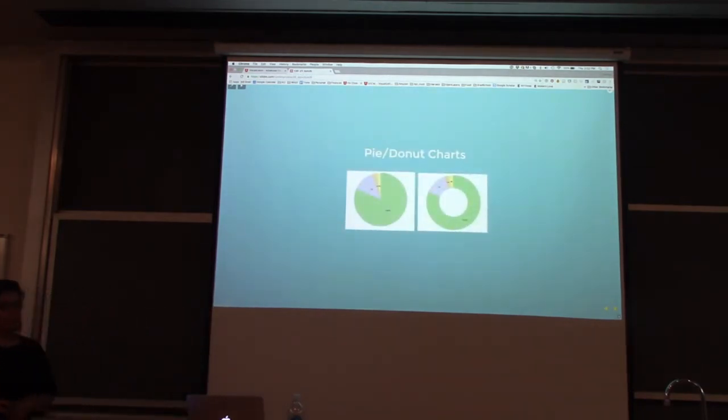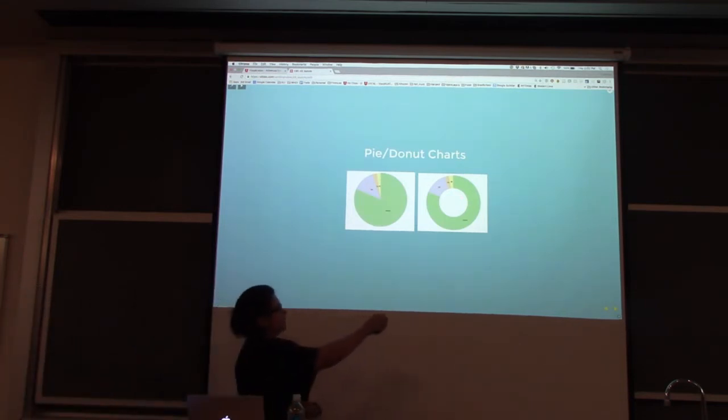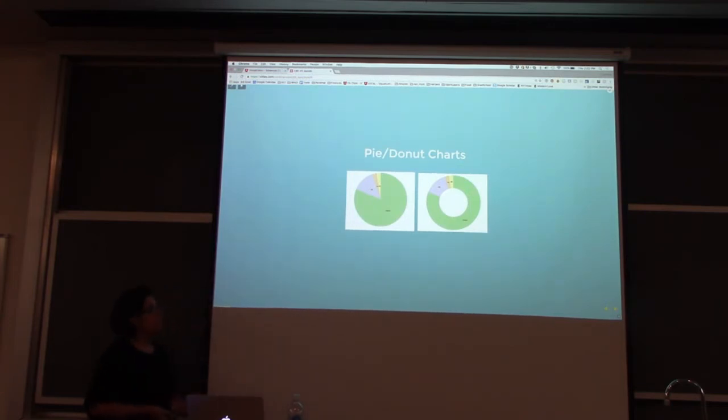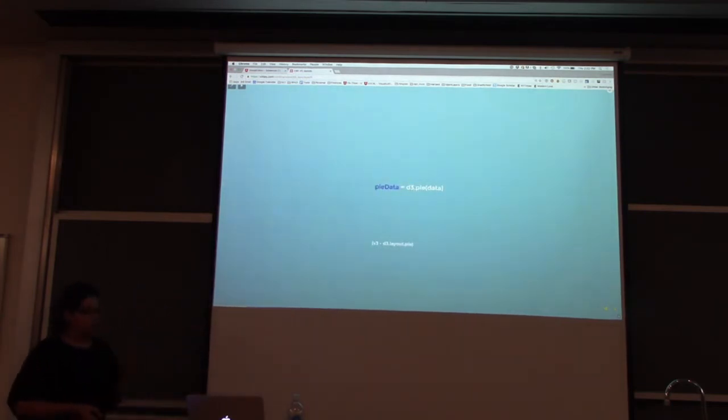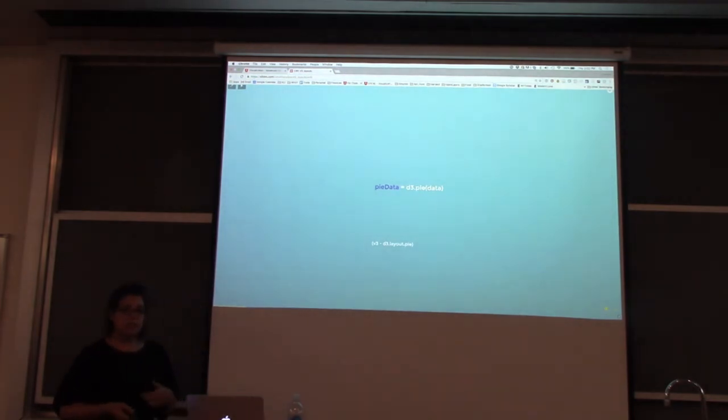So no good Viz class doesn't talk about pie or donut charts. The only difference between pie and donut charts is that the donut chart has this inner radius. Other than that, they're created the same, everything else is the same. So I'm going to talk about them interchangeably. Okay? There are two functions that we're going to use to create this pie chart. And I'm going to go back to the lecture code where we have that actual, and we're going to play around with it, we're going to create one. But I do want to make it very clear what the difference is between the two